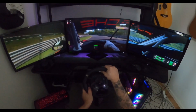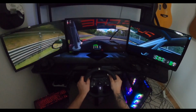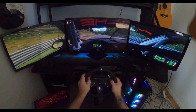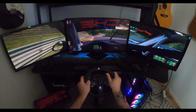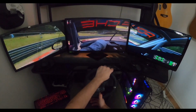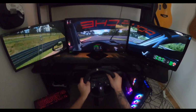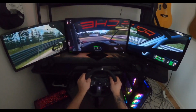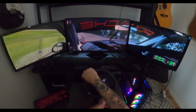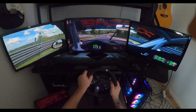Would I sell a triple screen setup to get a good VR headset? No, I would not. So why did I break there? So what would I recommend for a new simulator? I would actually recommend a triple screen setup over VR. Because just for the sole reason that